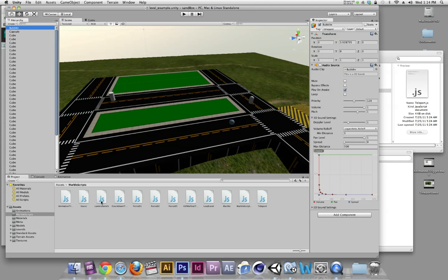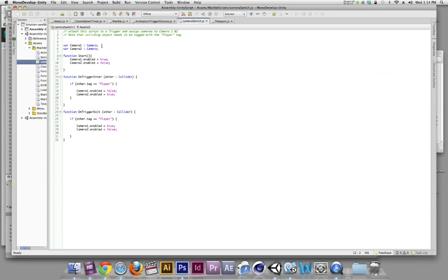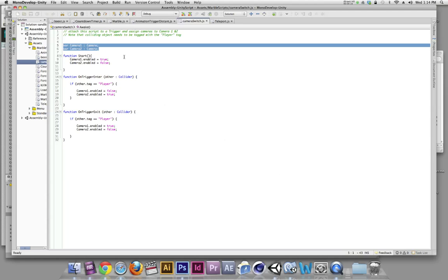In this presentation I'll cover the camera switch. Most of the functionality of these scripts is very similar in that you have to run into something to trigger an event, right? So if I look at this camera trigger, in this case there are two cameras that we need to define. And it's looking for a trigger enter, so basically we're attaching this script to any old object